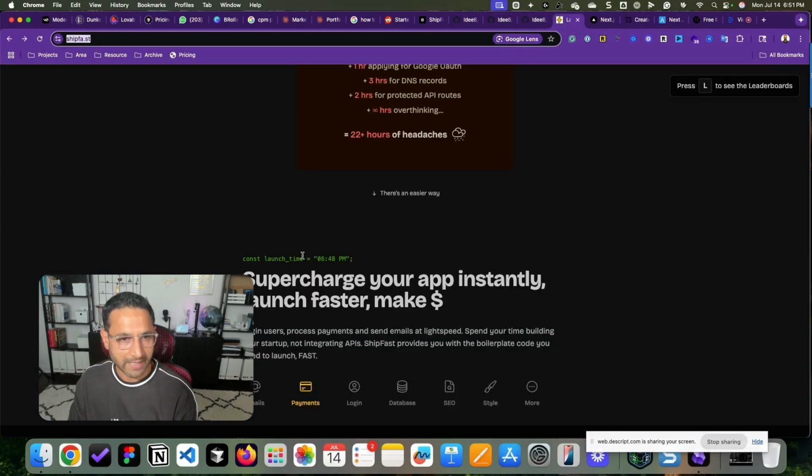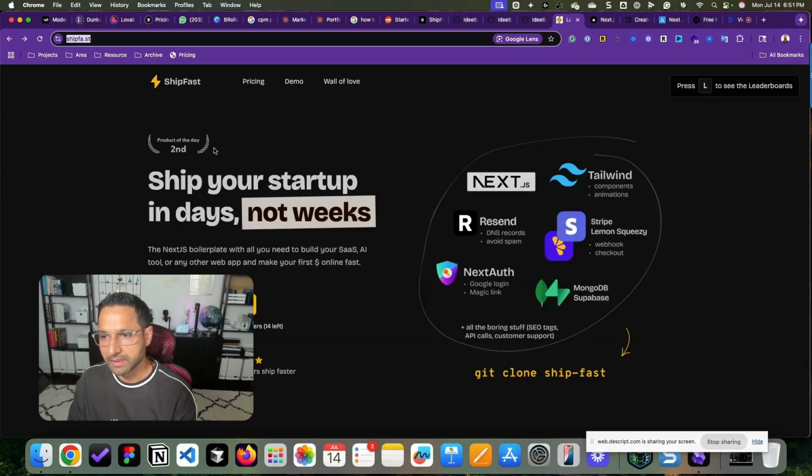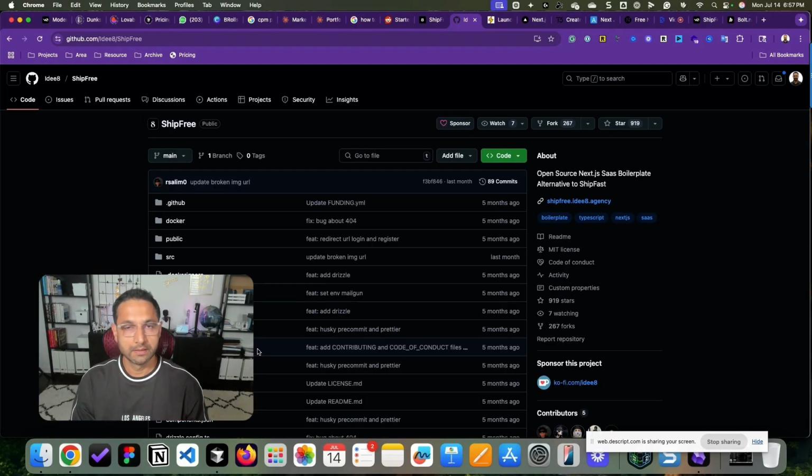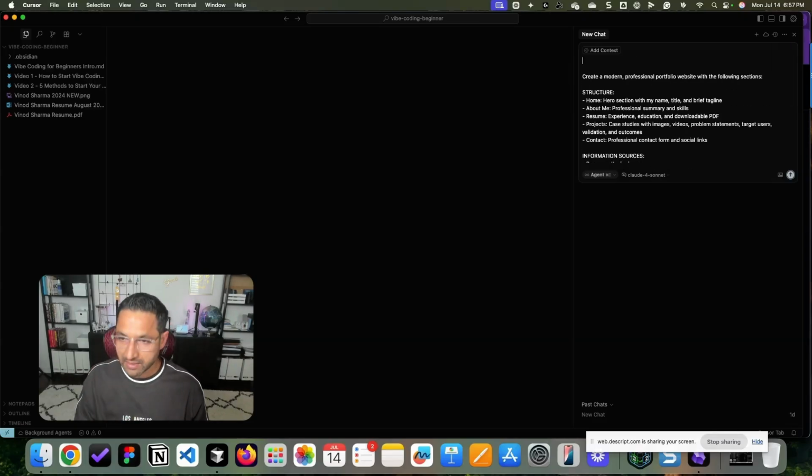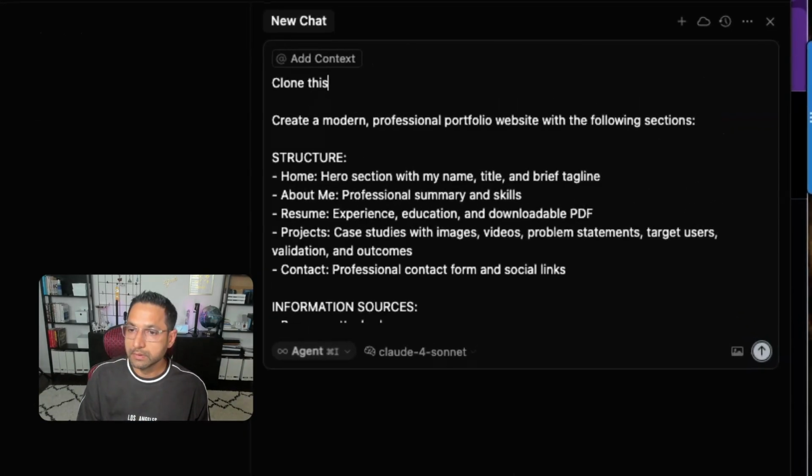Similarly, when you buy Mark Lowe, you will be given a GitHub repository where you can start. Now, keep in mind, a browser-based coding agent will not work for this method. You will have to use a tool such as Cursor. So for example, in this case, we have this instruction, and then I will add clone this